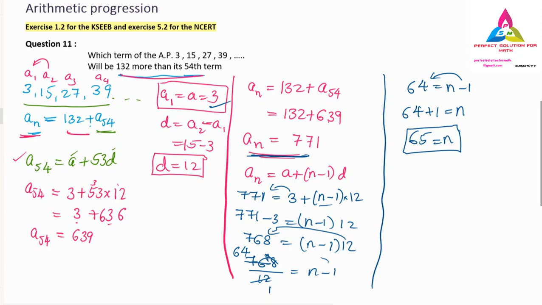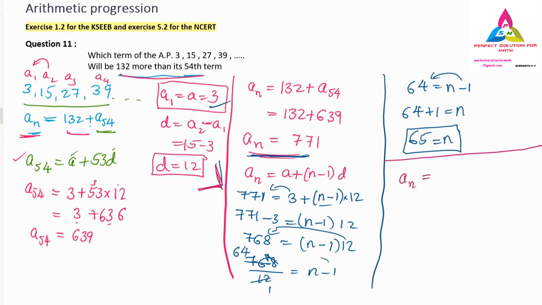So this is the one method we have. One more method we have to solve this problem very easily. But we need this much calculation. The d value, how much we have found the d value, that much d value is required to find. Then we can continue further. So how to do that? I will solve it for you now. Till here the d value we have to write down as it is. Next we have to find the answer, that is, they have told you to find the an value.